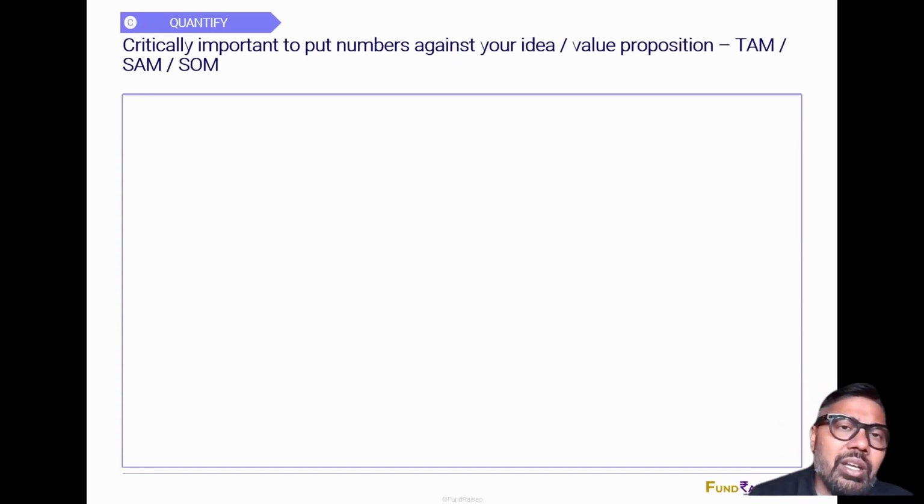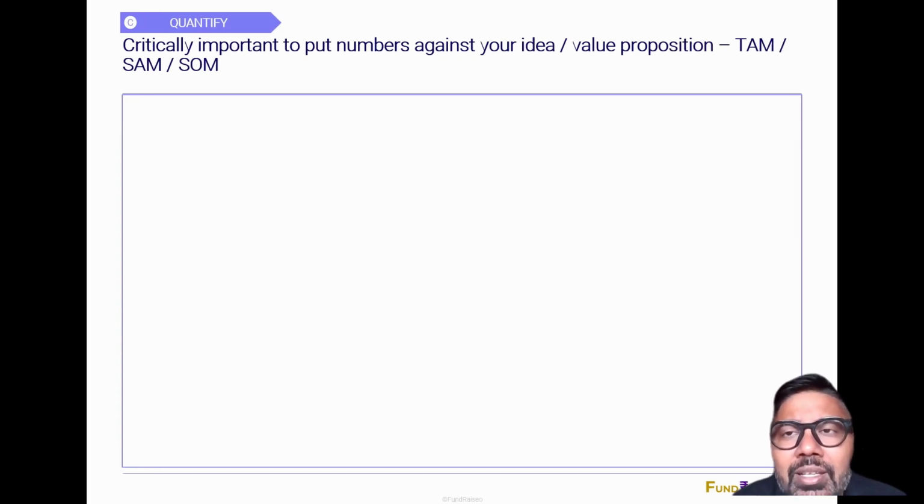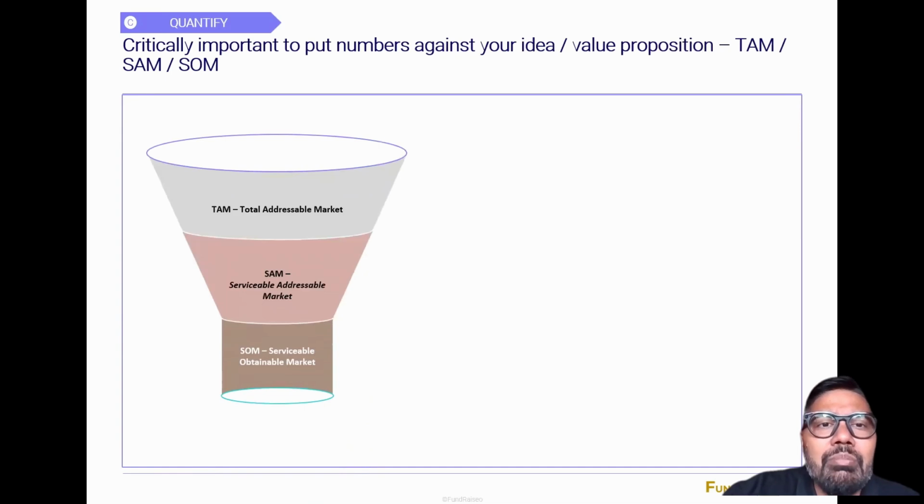So any business idea that you are trying to develop needs to have a sizable market. There should be a significant amount of customer base which is ready to spend on a product or service that you plan to offer. And that's where some terms that you might have heard in the market, and you might feel that these are some sort of jargons that you might or might not understand, exist. These terms are TAM, SAM, and SOM.